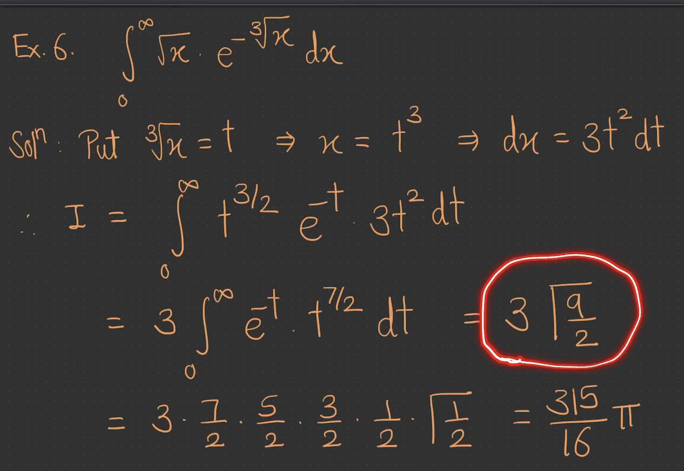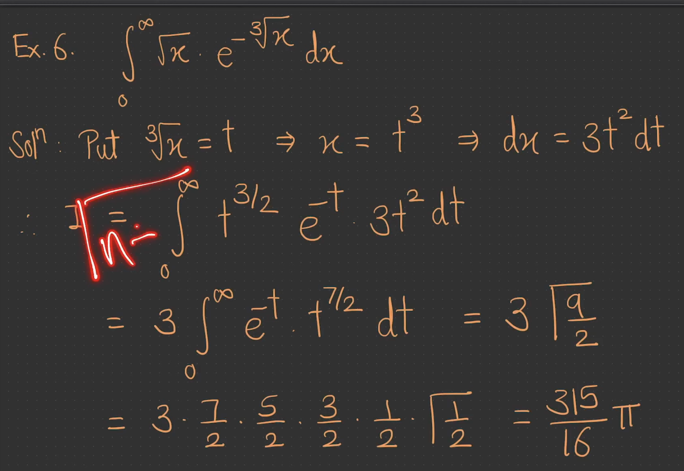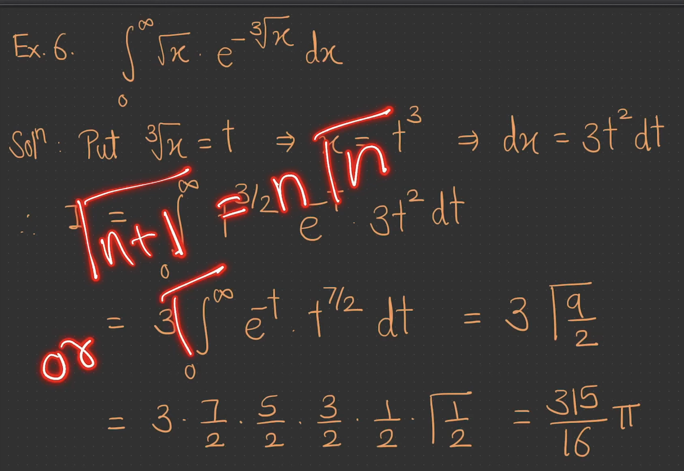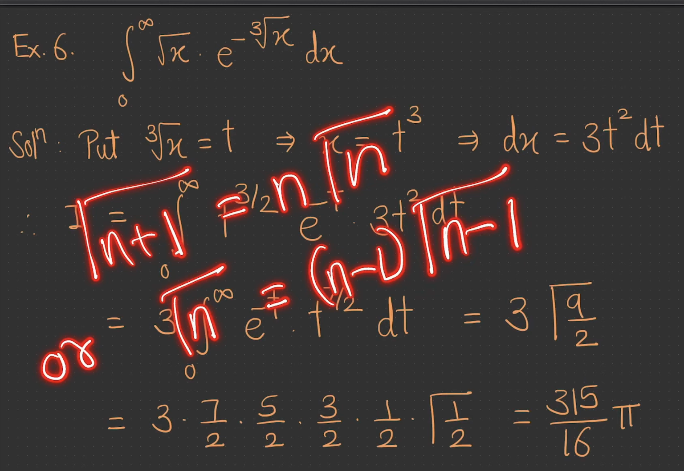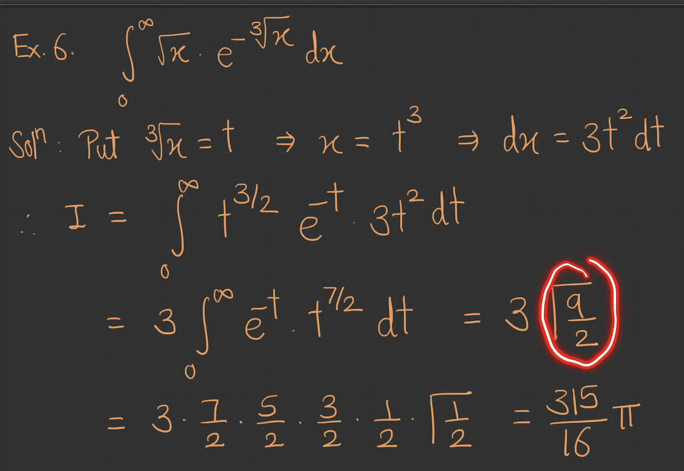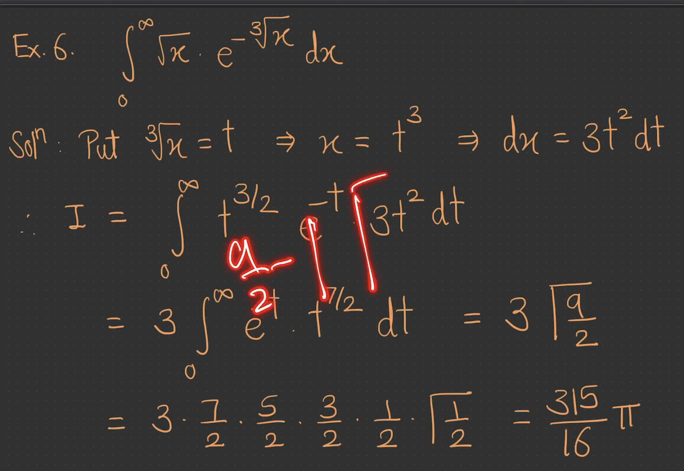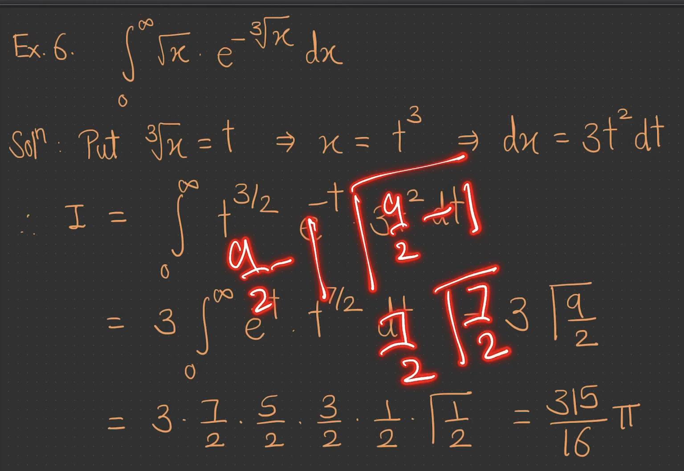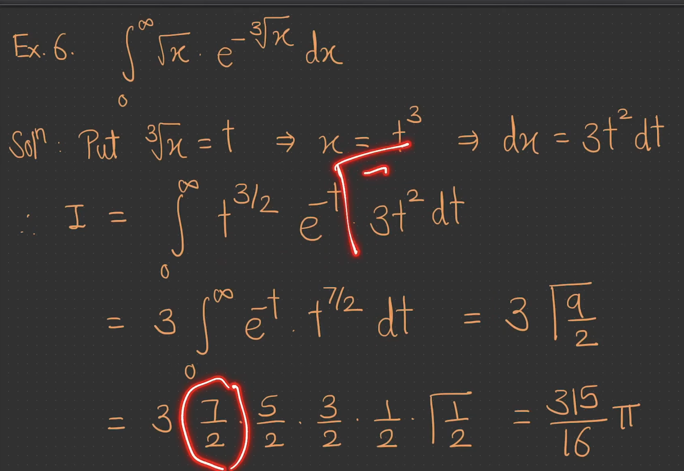Now we have seen one property, that is gamma of n plus 1 is equal to n gamma n, or gamma of n is equal to n minus 1 gamma n minus 1. So we will use this property here. So this gamma 9 by 2 will become 9 by 2 minus 1 into gamma 9 by 2 minus 1, that is 7 by 2 gamma 7 by 2. So here 7 by 2, again the gamma 7 by 2 can be written as 5 by 2